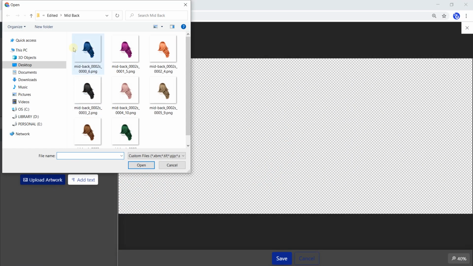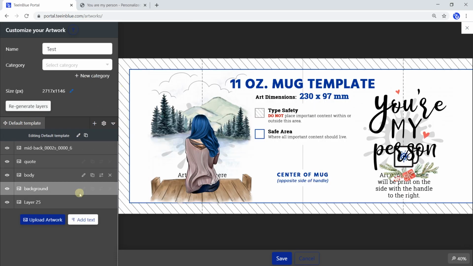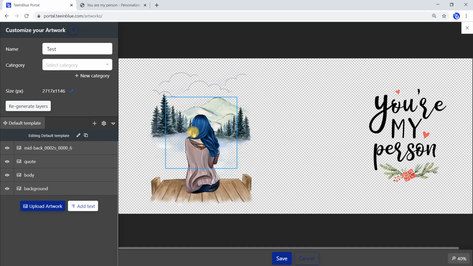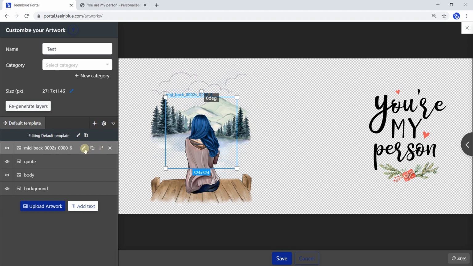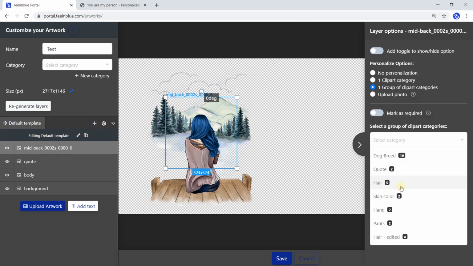After that, let's try uploading this Photoshop file to TinBlue. We can see that the original layer is now in correct size, no more trimmed. Also, all clip arts can replace it in the correct size and position, no need to use the reposition feature anymore.